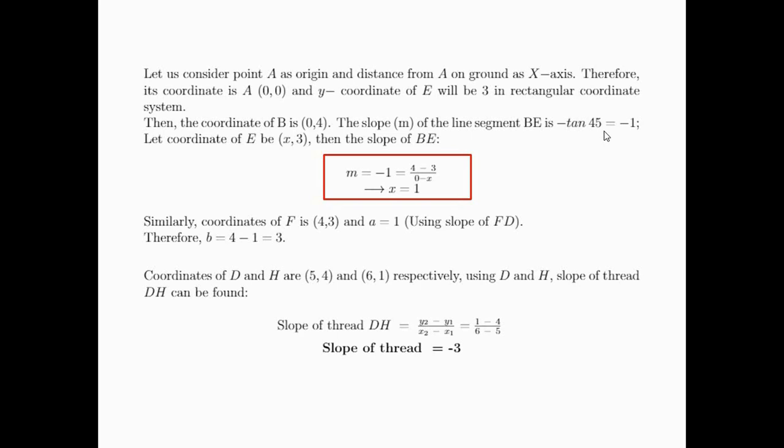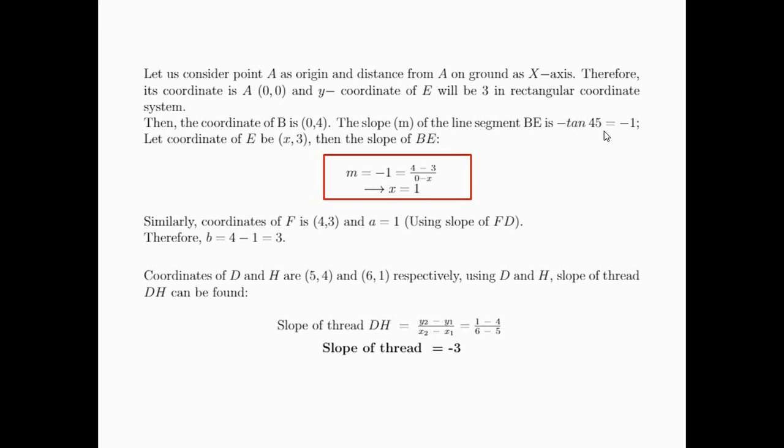And similarly, the coordinate of F also we can calculate, as it is (4, 3) and A equals 1. Therefore, B also equals 4 minus 1, that is equal to 3. Also, from the diagram, the coordinates of the points D and H can be calculated. So from there, the coordinate of D is (5, 4) and the coordinate of H is (6,